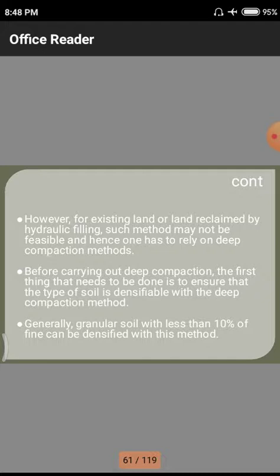That means if we take a kg of material, in that kg of material the finest particles will not exceed 100 grams. If the 100 grams is exceeded, that means automatically these methods are not suitable. We need to go for another alternative method for the construction of the building.